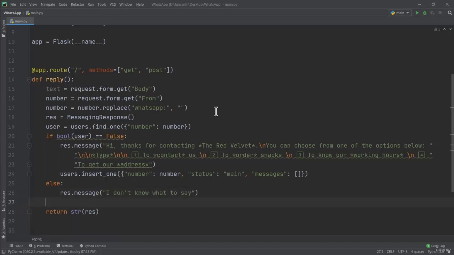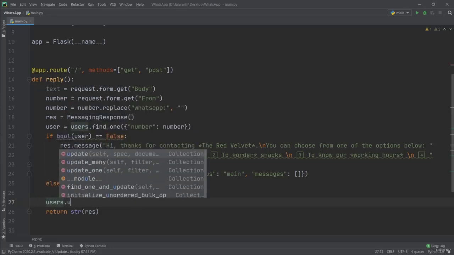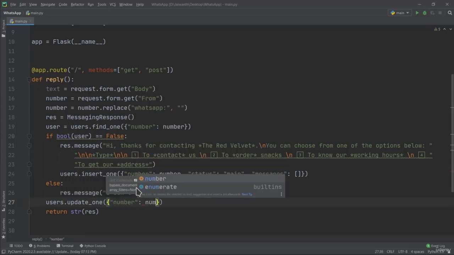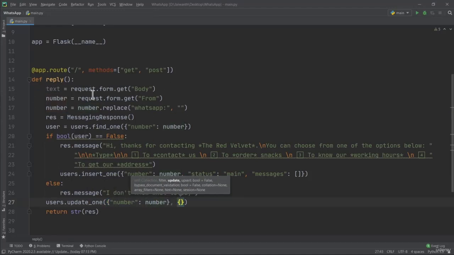Okay. And finally, in any case, we'll have to add the user's message into our database. So to do that, just type in users dot update one. So we'll filter using the number. So just type in quotation marks number equals number. Now we'll have to add the text into the messages array. So to do that, just type in quotation marks dollar sign push. This basically pushes anything into an array. So push colon